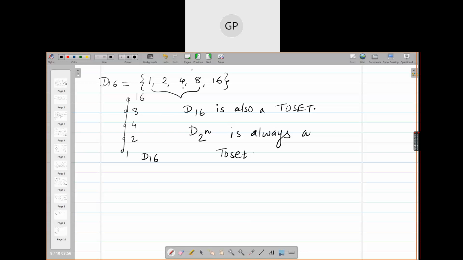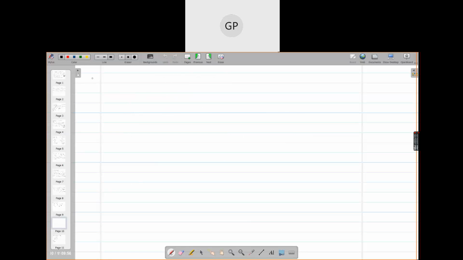Now let us see when we have 8 elements. We have seen many sets with 8 elements. I take a small number first, D30. So tell me the divisors of 30, systematically. 1, 2, 3, 5, 6, 10, 15, 30. 4 is not there.